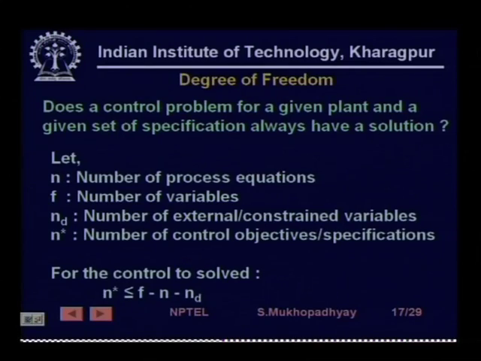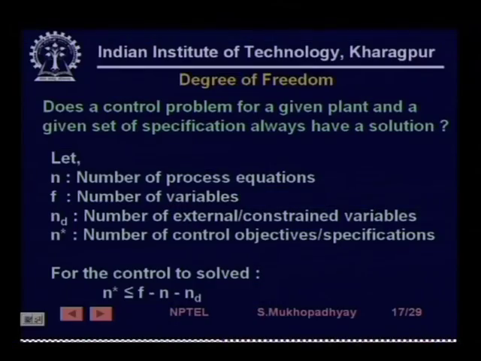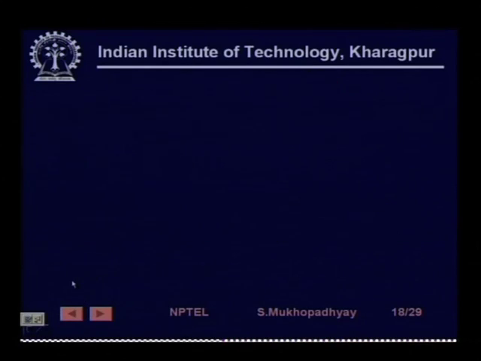Then of these f minus n, some more degrees of freedom are lost because some of the variables are externally set, so you cannot vary them. So the remaining degrees of freedom are f minus n minus nd, and that must be greater than the number of control objectives. If the number of control objectives is equal to that, then you will get a unique solution to the control problem. If it is more than that, then you cannot satisfy it, because you have more equations than unknowns, and if it is less than that, then you have some further chance of optimization,